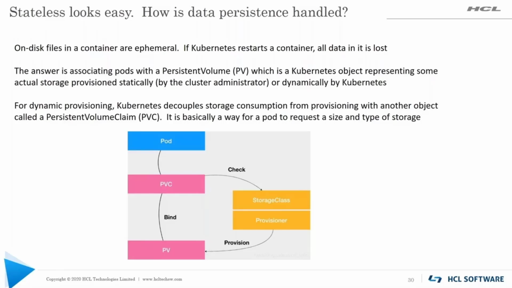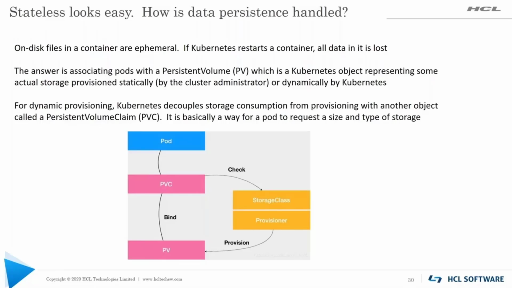So Kubernetes has intentionally abstracted away from pods how their storage is provisioned and managed. So all a pod does is say, I need some storage that meets these requirements. And so in a persistent volume claim, a pod will say something like, I need this type of storage, maybe NFS or something, and I need 80 gigabytes or something like that. So it's making metadata claims or requirements against the storage,